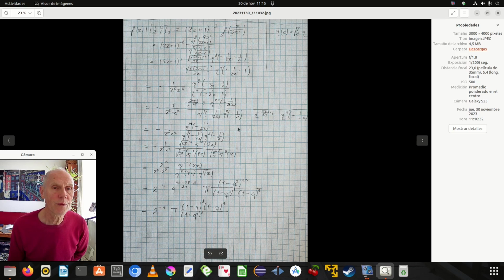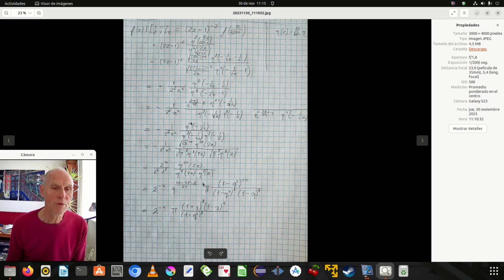Then we end up with this, and being able to use the transformation formula once again. And I thought some reductions here. I didn't find much really, but then I expanded, used the definition of eta as a power series, and then